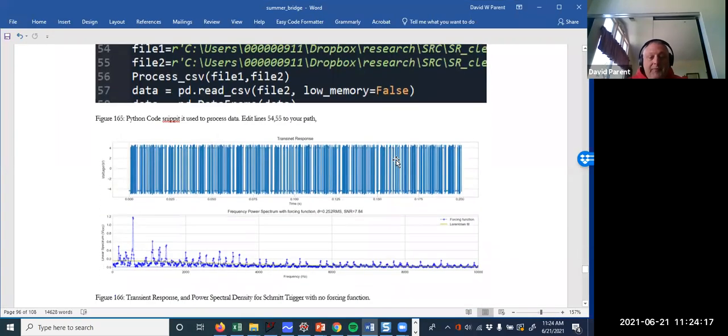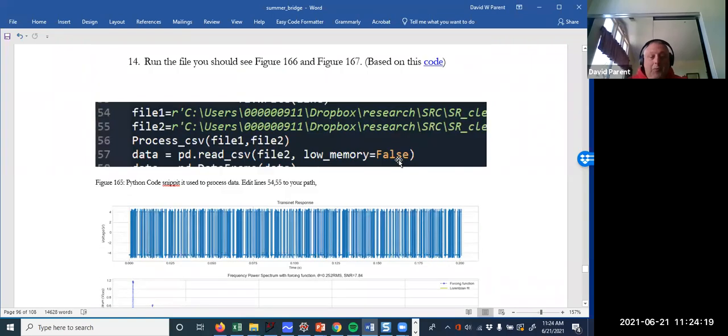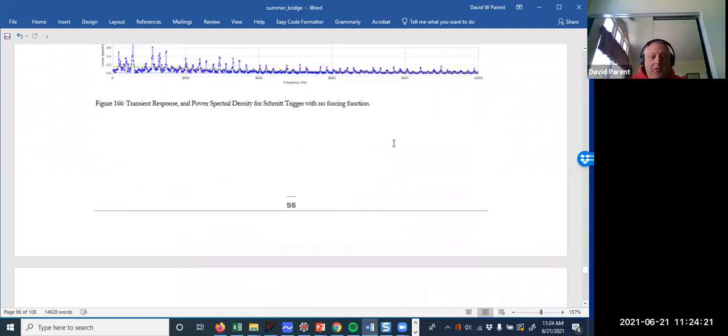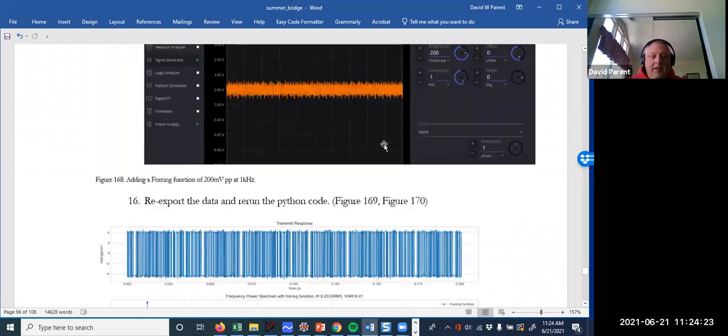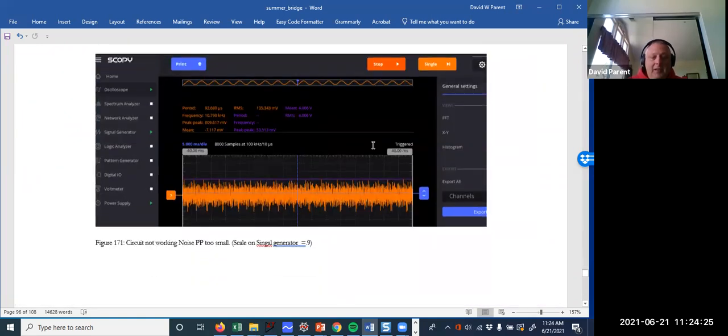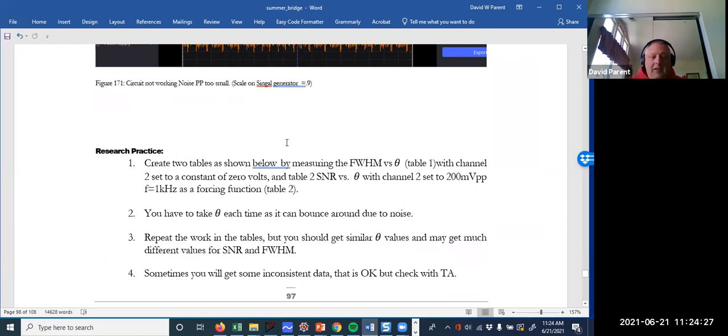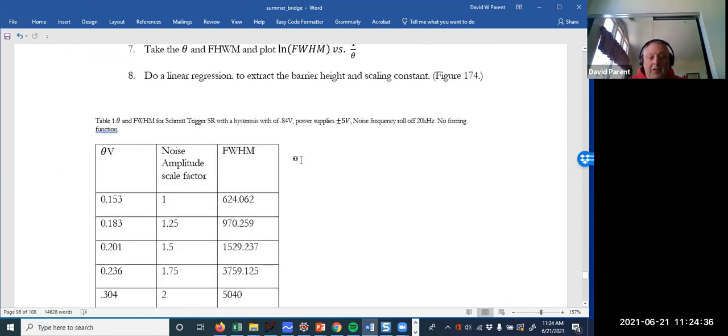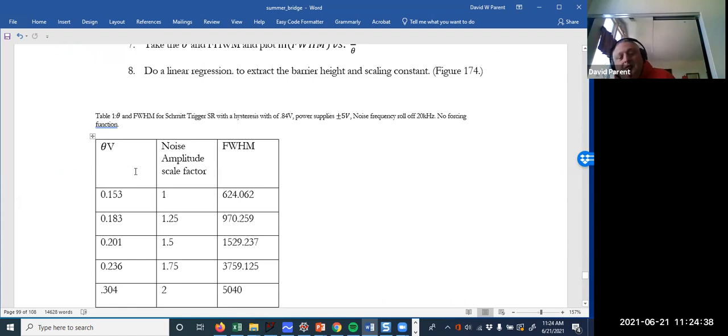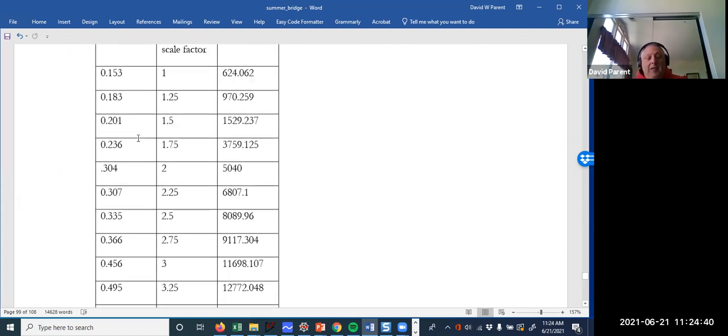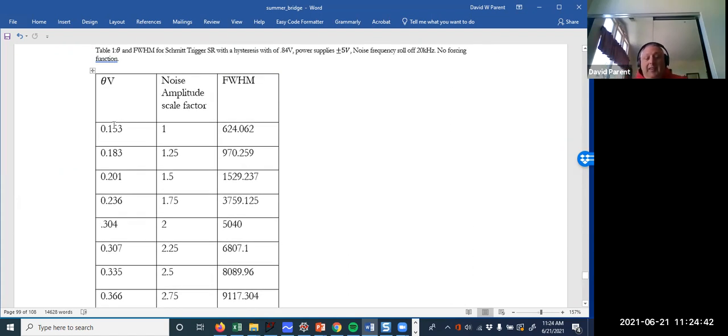So anyway, this shows you how to go through once, right? And then one of the first things in research is trying to repeat the work of others. So you're going to go and make a table here, right? With the same noise values, you might put in this noise amplitude scale